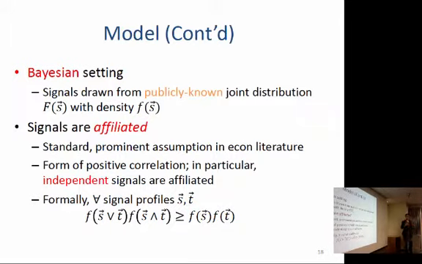But really what you should keep in mind is the intuition behind it, which is that if you have a profile of signals, which you don't know, you only know part of the signals, and you know this small part of the signals is high, then the other signals tend to be high as well. And if you know some signals and you know they're low, then other signals tend to be low as well. Okay, and the inequality is there, but it's not going to matter too much for us in this talk.